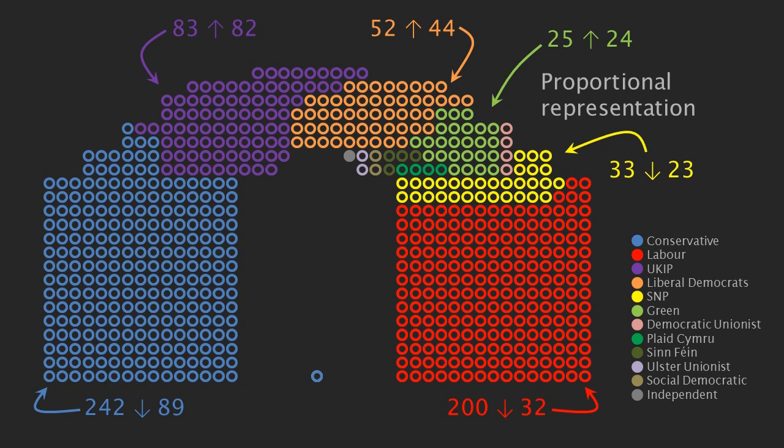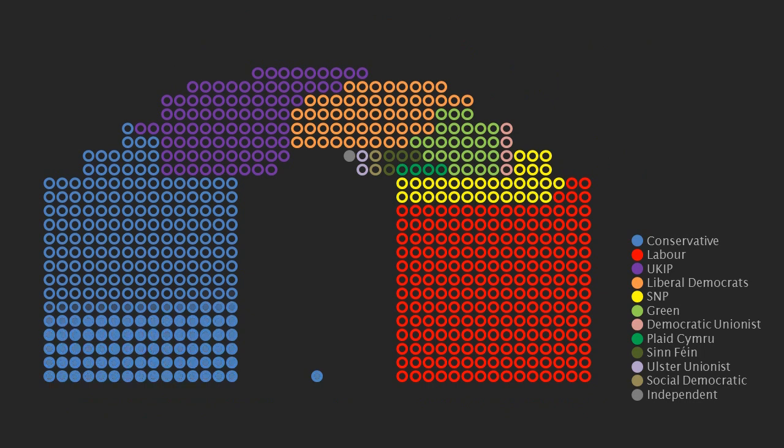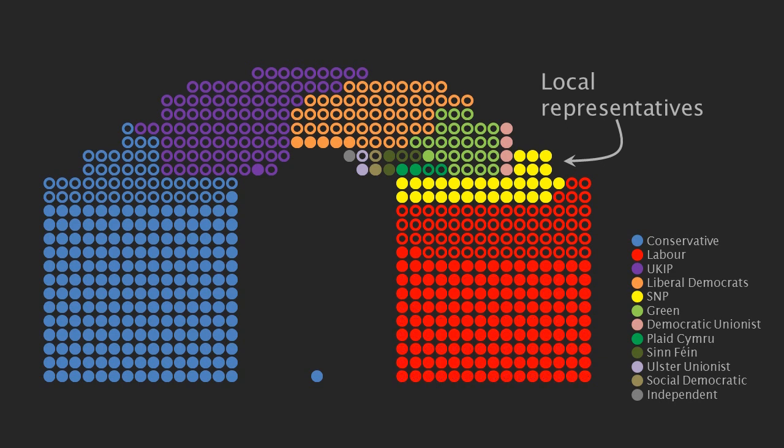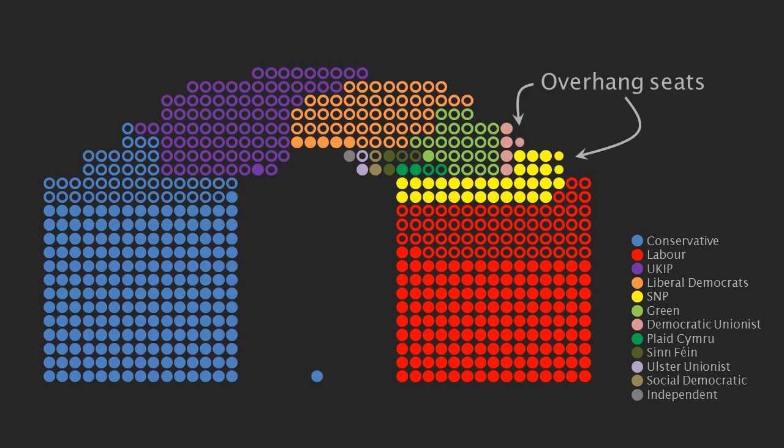Working with the same ratio of electorate seats to list seats as used in New Zealand, we have 385 electorate seats that are now to be filled. We're assuming that these electorates are won in roughly the same proportion as electorates were won in the 2015 general election. However, with this we run into a problem, as both the Scottish National Party and the Democratic Unionist Party win more electorate seats than they have each been allocated based on the party vote. Therefore, using the New Zealand rules, overhang seats are added to accommodate these extra MPs, increasing the House of Commons